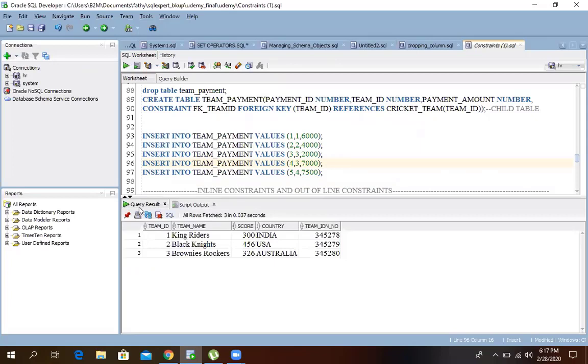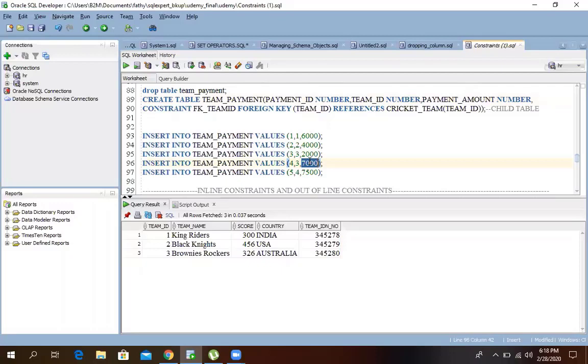I think it won't work because we don't have... Just highlight that. What is the value of team ID here? The value of team ID is going to be 4. No, it's 3. See, in the team payment table, payment ID is the first column, the second column is team ID, and the third column is payment amount.